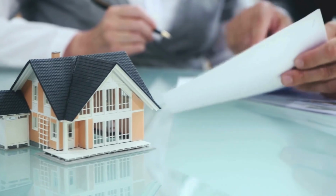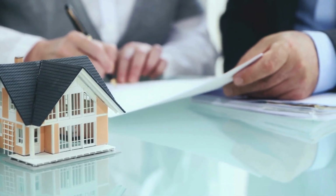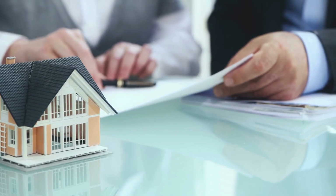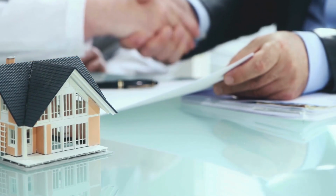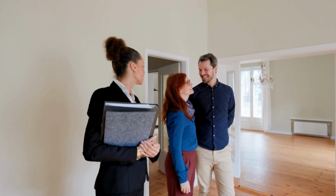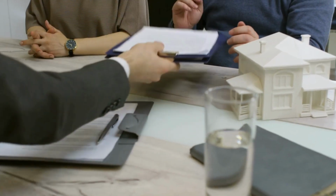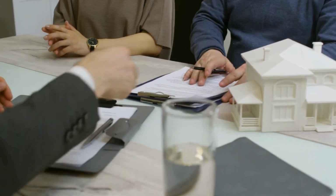A seller is not just going to let you in their home and let an inspector go through it without a contract that has been signed by both the buyer and the seller. So it's really important to understand where in the process the home inspection occurs. First, you need to go touring with your realtor. You need to find a home that you love. You need to write a contract that is mutually accepted by the buyer and the seller, that both people have